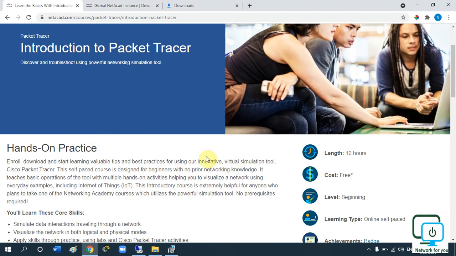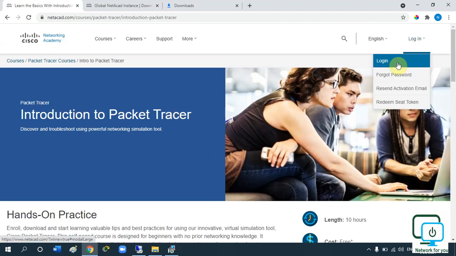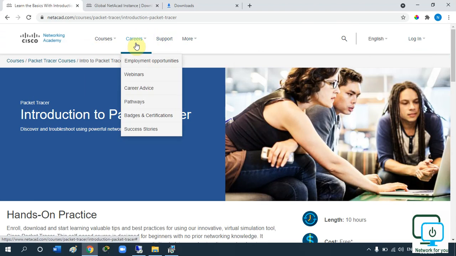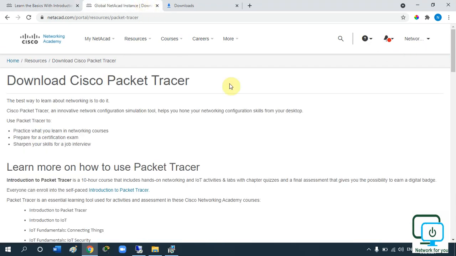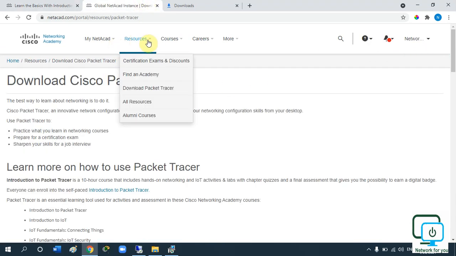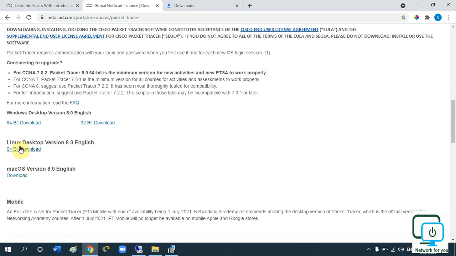You will get one email in your email ID. Activate that link and then put the username and password, and then you will come here and click login. Put the email ID, whatever email you used, and the password. Let me show you. First of all, let me log in here. When I log in, I have this option. I will go to resources and click download Packet Tracer. After that, depending upon our system requirement, we can download, and once the download is finished, we can install. In our next class we are going to install that one.